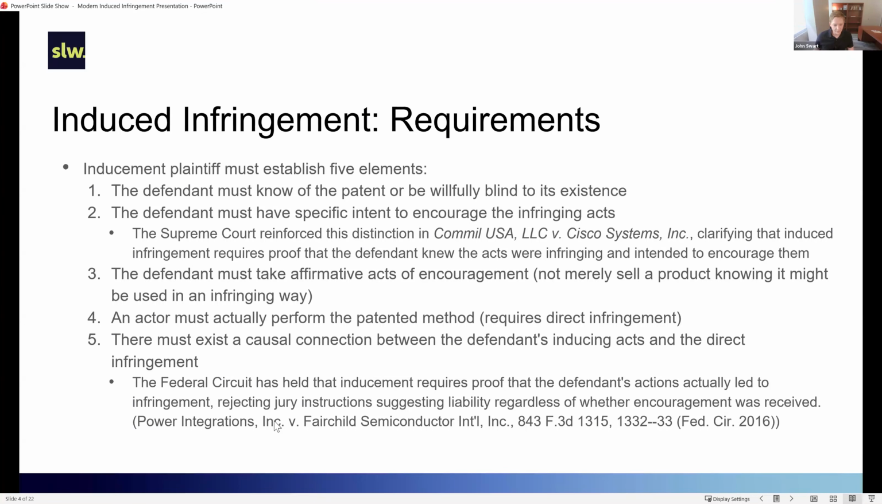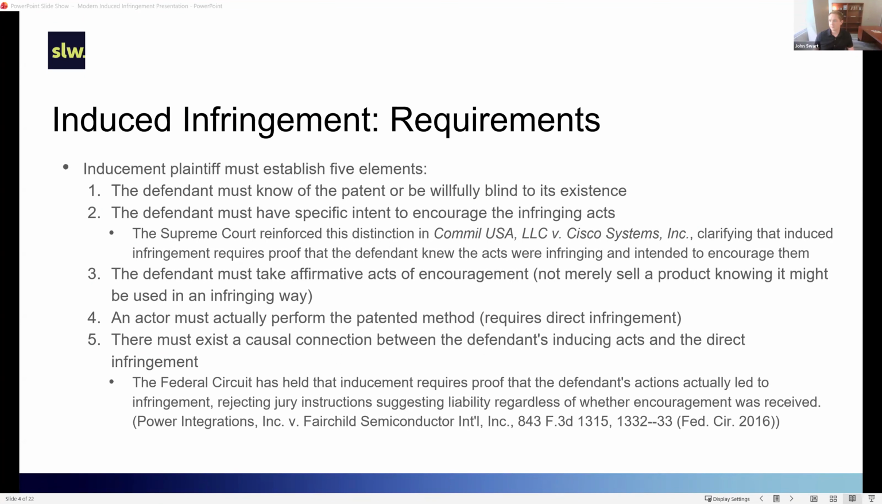And this comes from Power Integrations v. Fairchild Semiconductor back in 2016. So there have been ample interpretations of this section of patent law. Today's topic, I would say, where this intersects, especially with the chemical arts, is